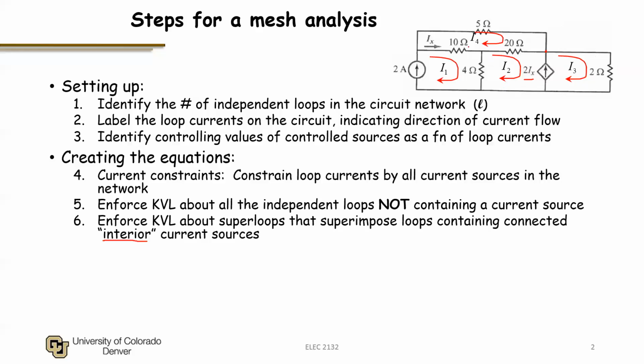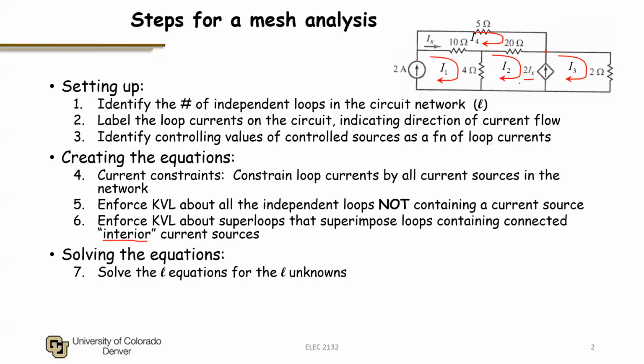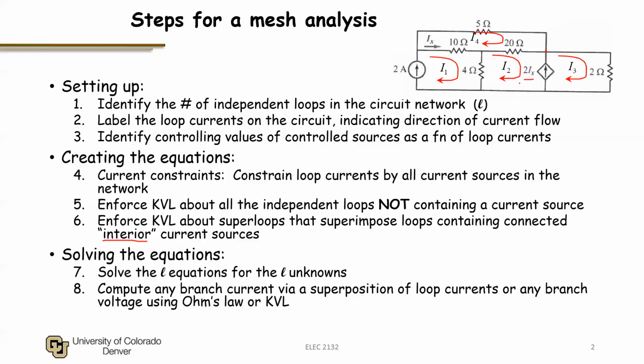The way we do that is we superimpose the independent loops that share these connected current sources. Once we've done that, we will be guaranteed to have L equations for our L unknowns, and we would be ready to solve this set of equations for the L unknowns, which would be our L loop currents. Once we have our loop currents, we superimpose those loop currents in any branches,